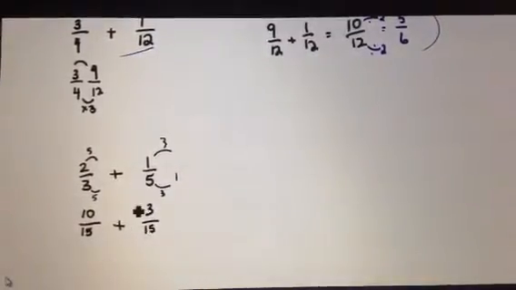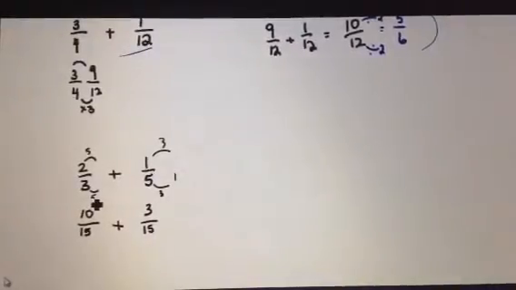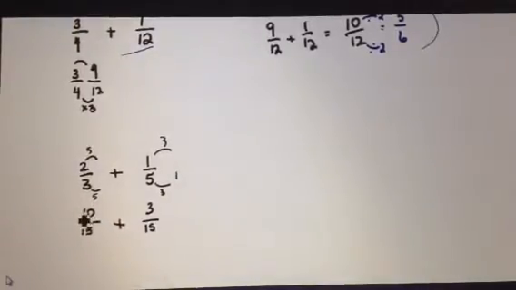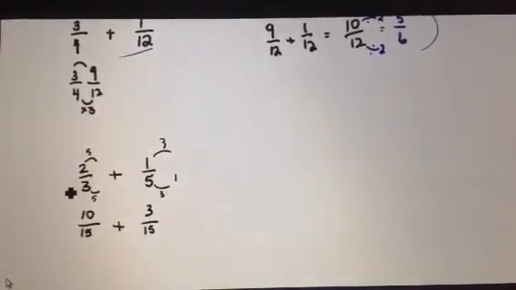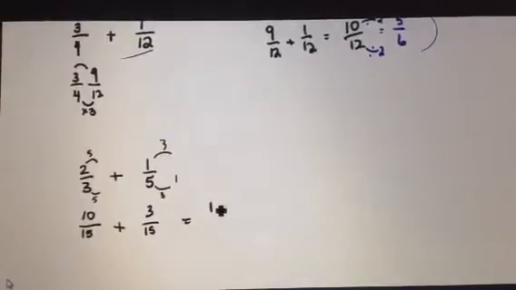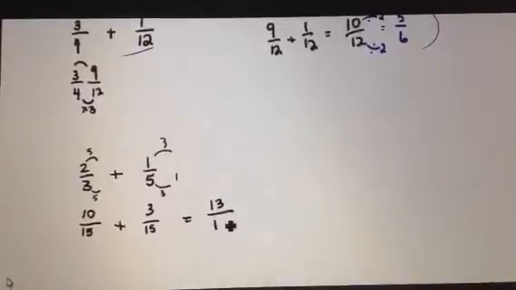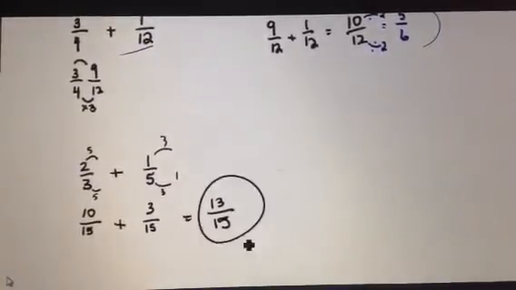So you can picture that if I had 2/3 and I cut them into little fifths, I would have all of these 15ths. I have these little bitty pieces, so it would take 10 of the little bitty pieces to make 2/3. Now I just add the numerators because that tells me how many pieces I have. And the denominator tells me what size of piece I have, and that's